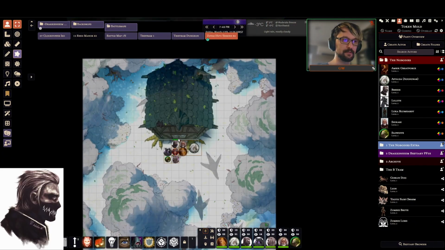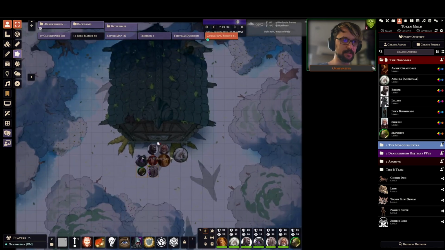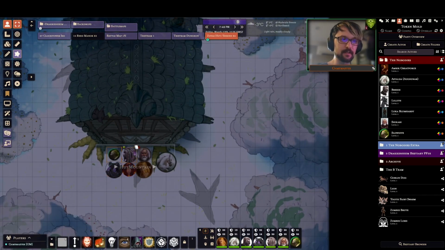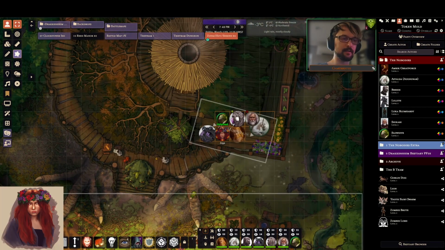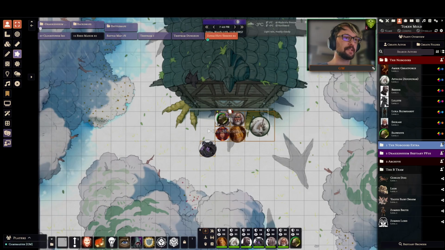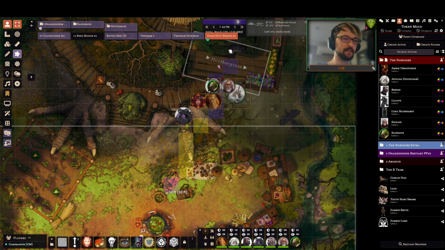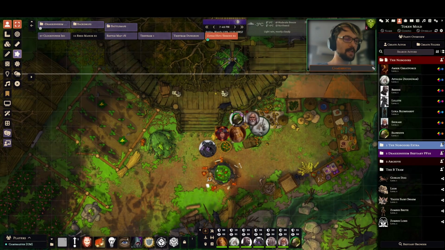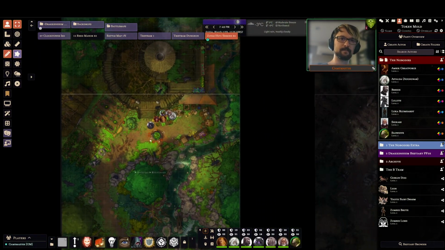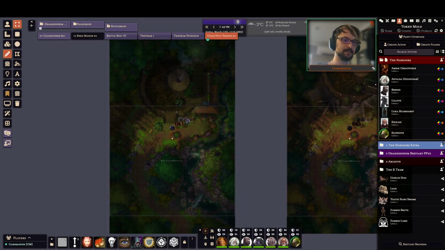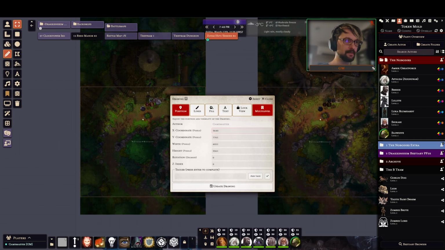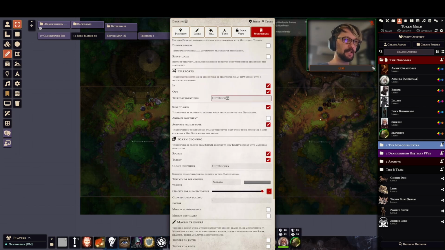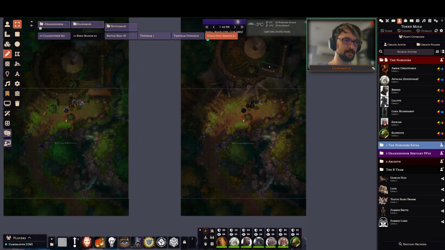Let's just do something here. Move these dudes over to there. This will look weird for a second, but it'll all become clear in a moment. Let me move them back here. So, multi-level tokens. I've set up these little zones. These are just drawings, I've drawn a square here. Go into the square, click on multi-level. You give it a name, a unique identifier, and then you tick in and out on the teleporter, and you hit save. You copy paste that to the other map,